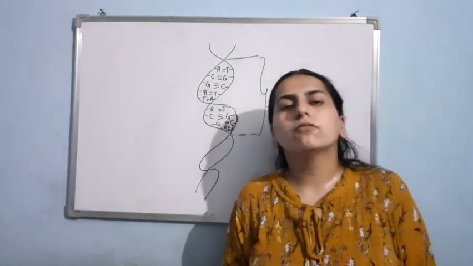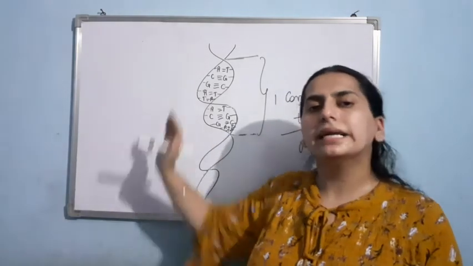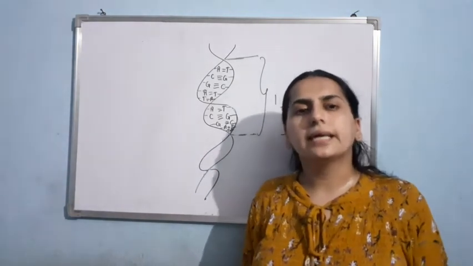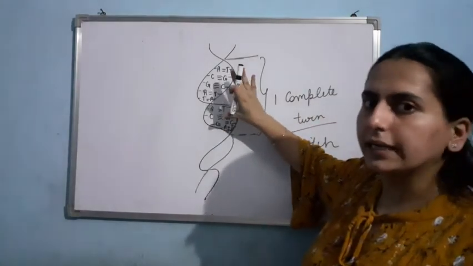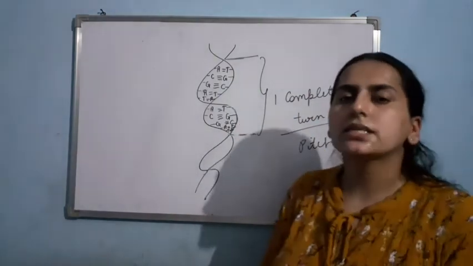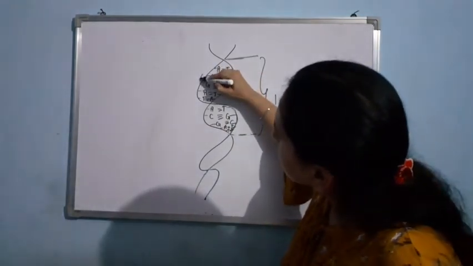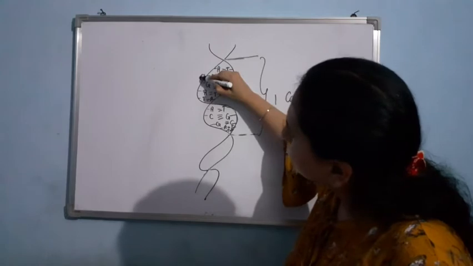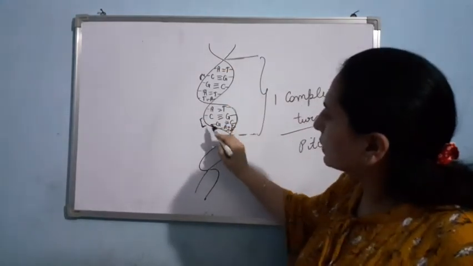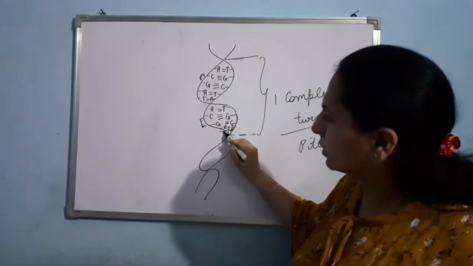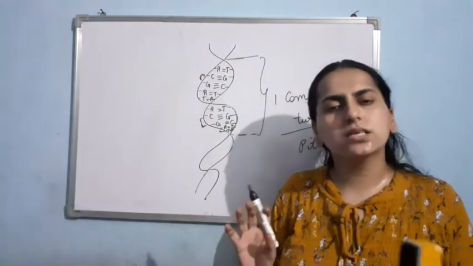Then it was found out experimentally that the number of base pairs in a complete turn came out to be 10. Am I clear? The number of base pairs came out to be 10. So if I have to find the distance between two consecutive base pairs, that is the distance between these two. Am I clear? The distance is equal. With the diagram a little bit of confusion is there, but the distance is equal.